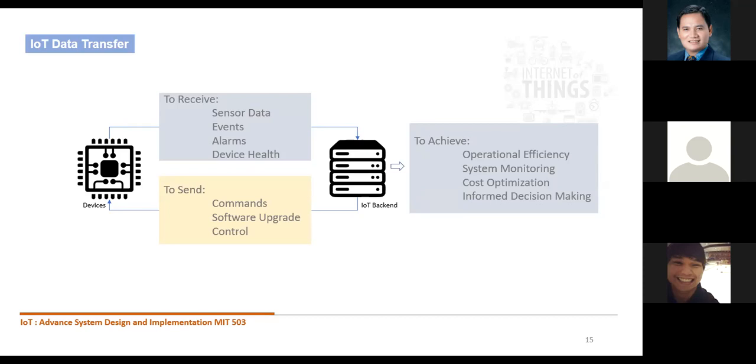IoT data transfer. Since I have already introduced to you the devices and the IoT, here we can see the data manipulation. From the device, it sends sensor data, events, alarms, device health to the IoT backend or the IoT platforms. From the IoT platforms, there is operational efficiency, system monitoring, cost optimization, informed decision making, which